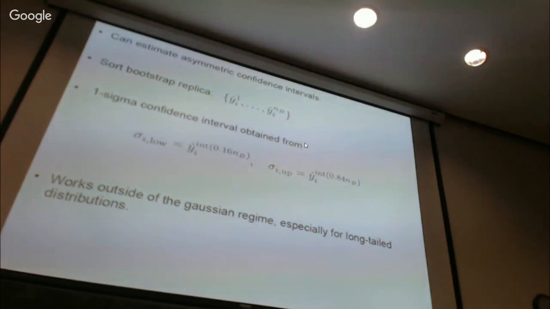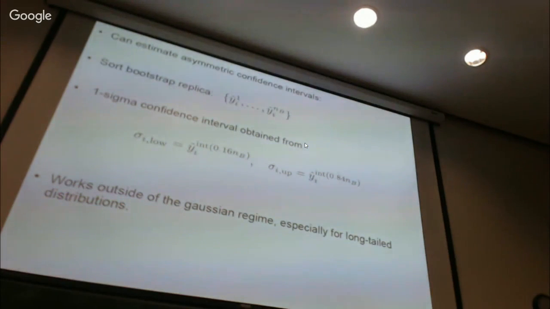Let's say mu y minus a, y hat, mu y plus b. And then we said that this probability was equal to 0.68. This defined what the 1 sigma confidence interval was. Before, we had just a symmetric expression for this confidence interval. But,